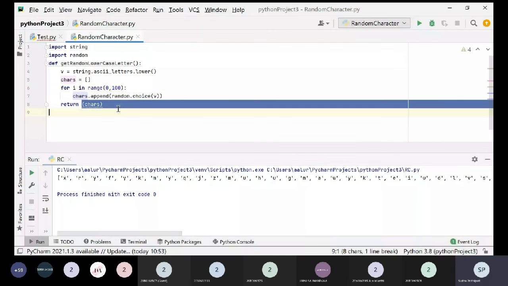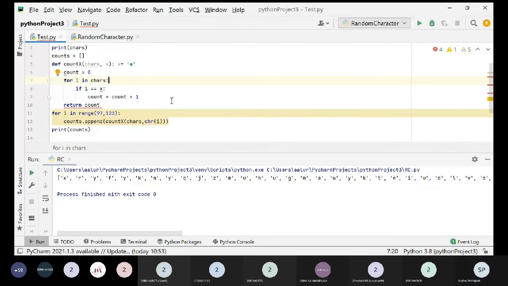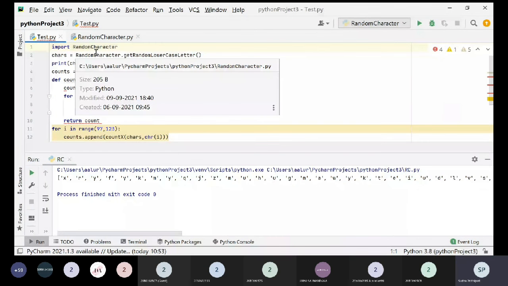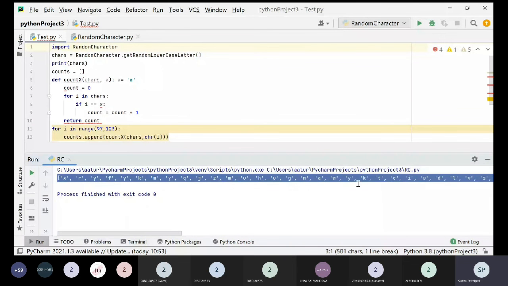Now in test.py, what I did is, I have imported this random character, and then I have called the method which is there in random character, which is get random lowercase letter. That's the name of the function which I have written in random character. So now chars will be including all this. It will be different for different iterations.